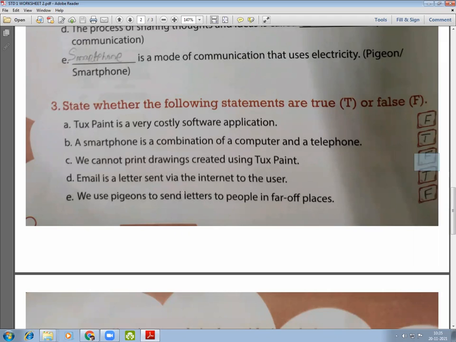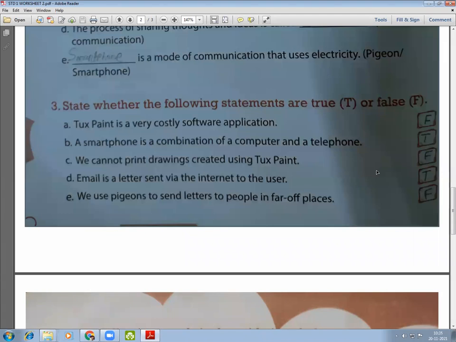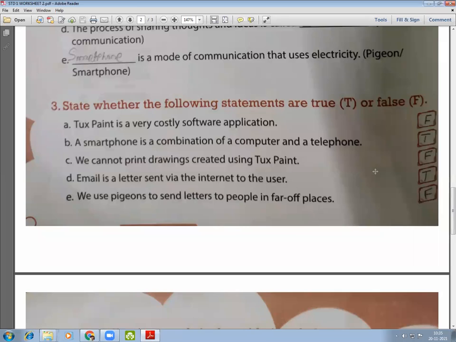Question number D. Email is a letter sent via the internet to the user. Yes, true. Email is a short form of electronic mail, and electronic mail is a letter sent by the internet to the user. Question number E. We use pigeons to send letters to people in far off places.